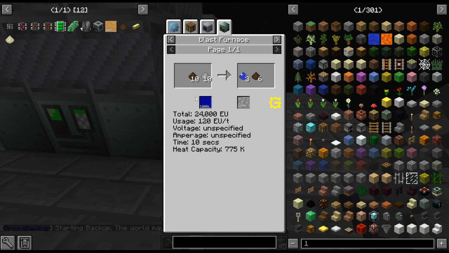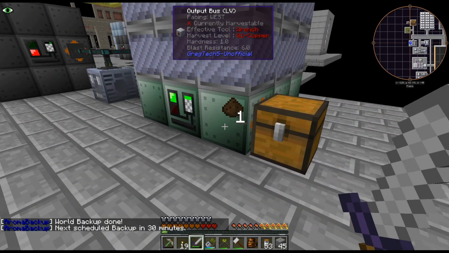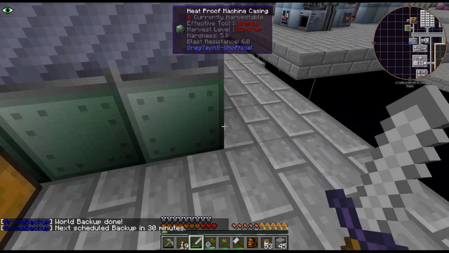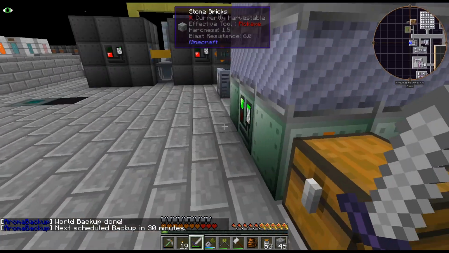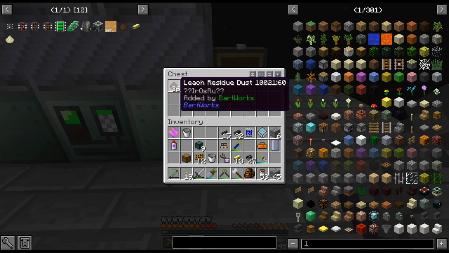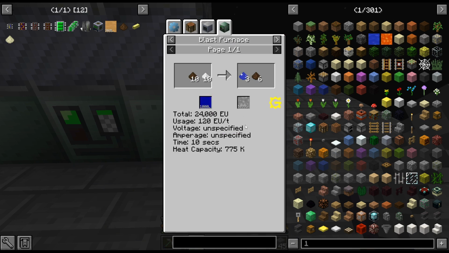Now this is another blast furnace recipe. Question is, do we want to do this in this? I could move the hatch back here. I don't think I have enough room for... What would we need? I would need another input hatch. And that would kind of...